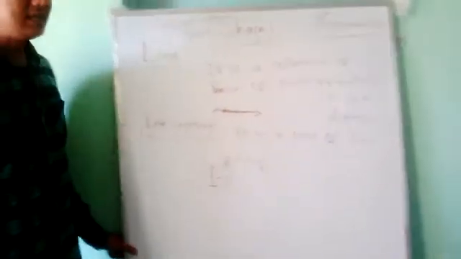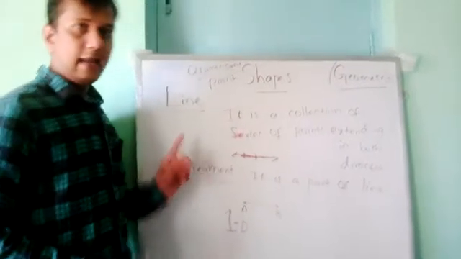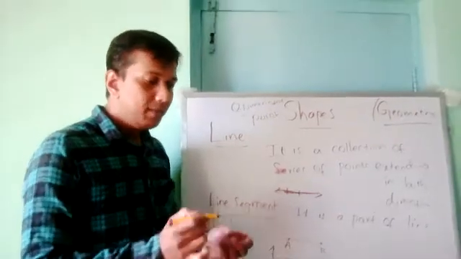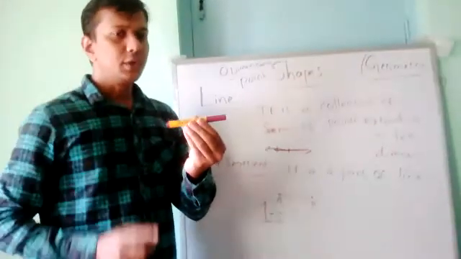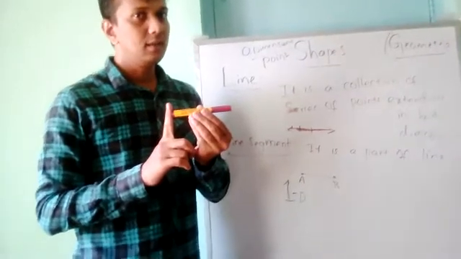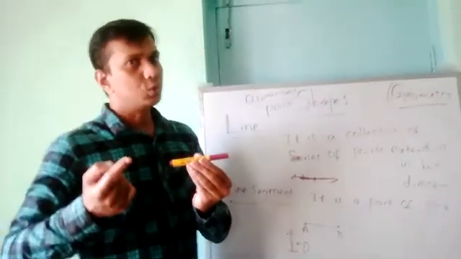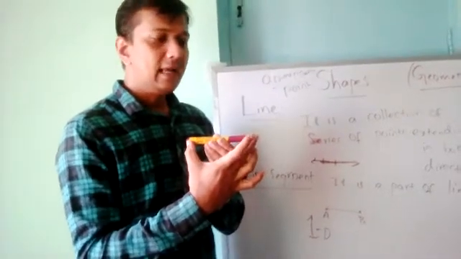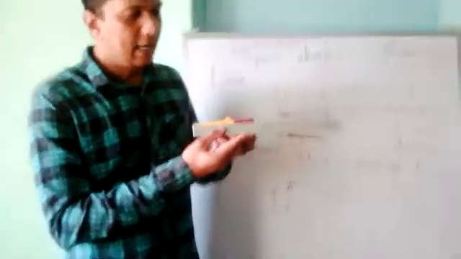Now line and line segment, especially line segment, contain only one dimension. Why do we call it one dimension here? I said that a line segment can be measured. Measured means what? For example, take this pen. Small question to you: can I measure the length of this particular pen or not? Yes. If I want to measure, what do I have to do? Take the scale, take the starting end and measure.